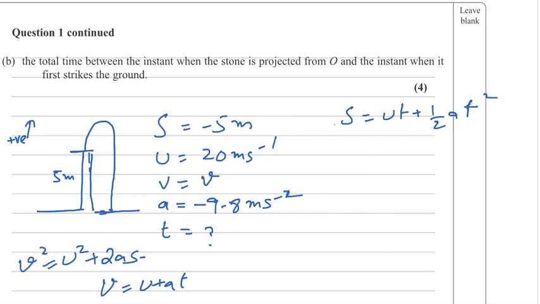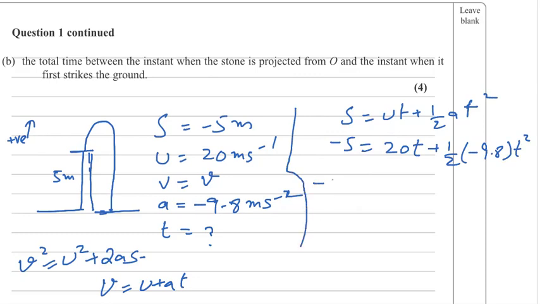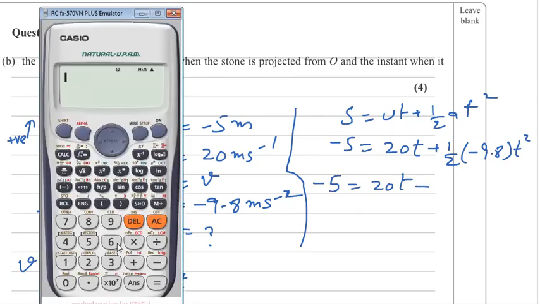So from here, what I will do, I will put the known values, then we'll find the unknown value. S is equal to minus 5, u is 20, t plus 1 over 2, a is negative 9.8, so negative 9.8 into t square. So that will become negative 5 equal to 20t minus 9.8 divided by 2. I'll calculate this one, 9.8 divided by 2 first. So it will be 4.9, minus 4.9